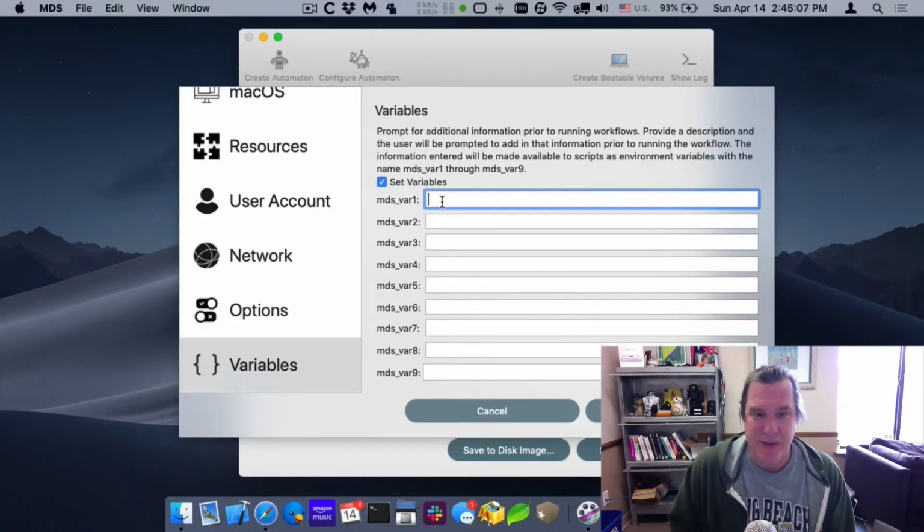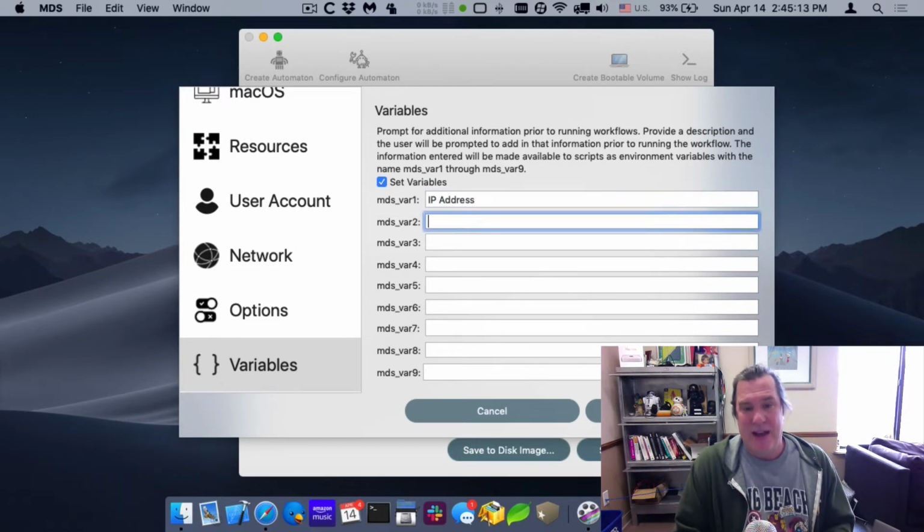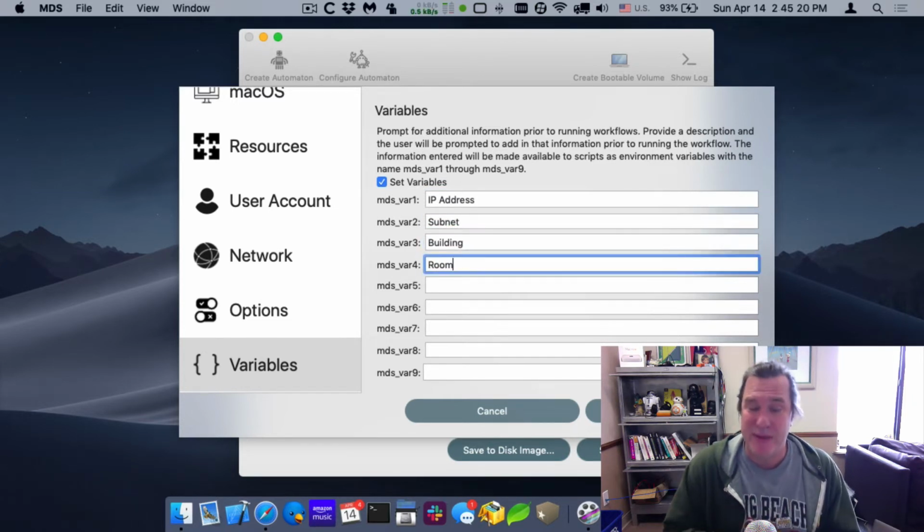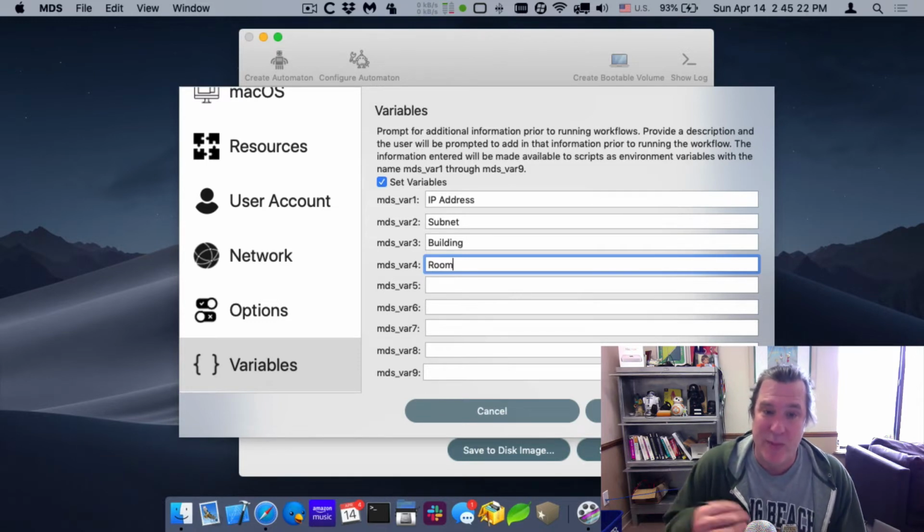So we can set variables. This doesn't actually set the variables. This just gives a description. So you might want to prompt them for IP address and maybe the subnet. Or maybe you want to do the building and the room. So you put these in, and what happens is that when you run the workflow, it'll prompt the tech for